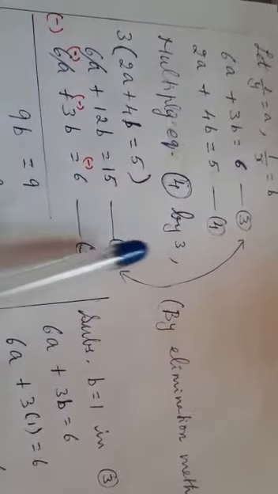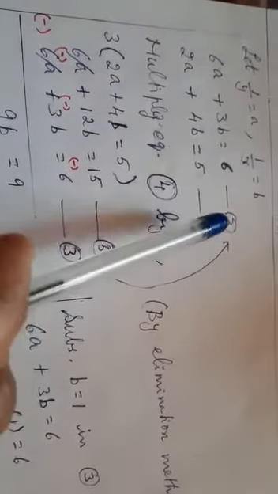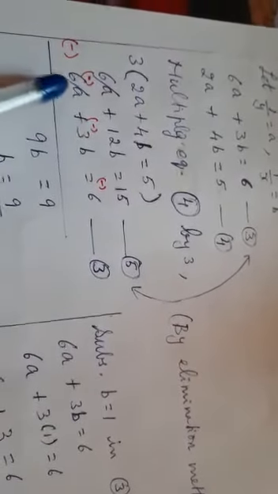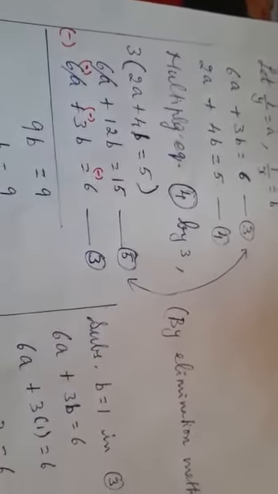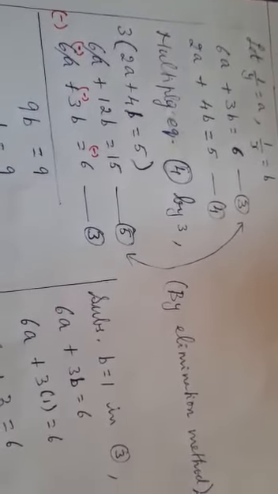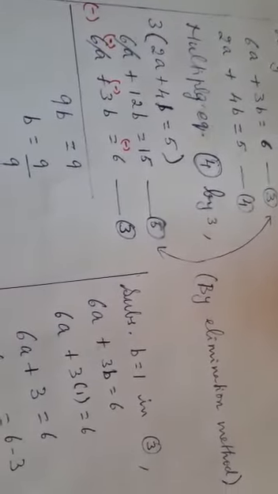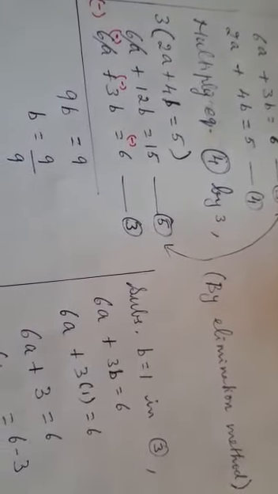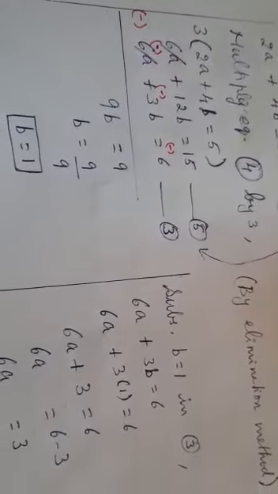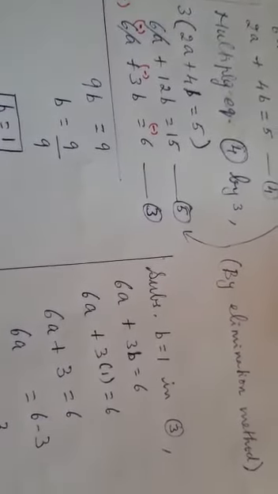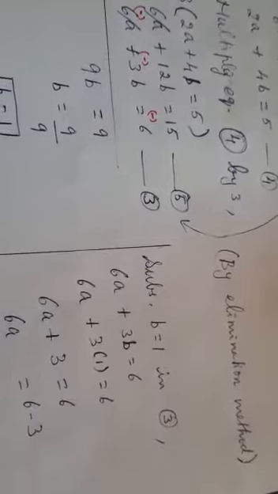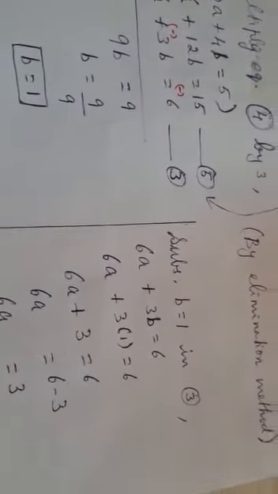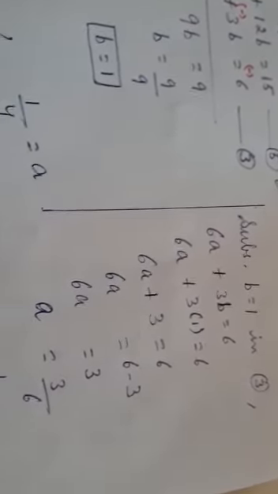Now I am taking the third equation and fifth equation together, and I am subtracting because here the signs are the same. 6a, 6a signs are the same. Only when you subtract, this gets eliminated. So when I do it, I get 12b - 3b is 9b, that is equal to 9. b = 9/9, b = 1. Now substitute this b = 1 in any one of the equations. I took 6a + 3b = 6. When I substitute in this, I am getting a = 3/6, a = 1/2.